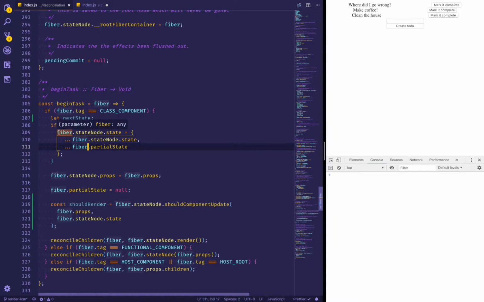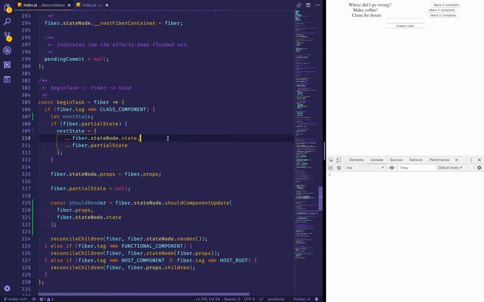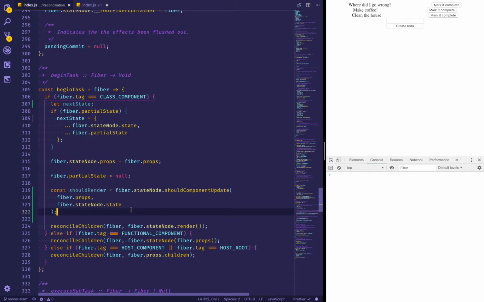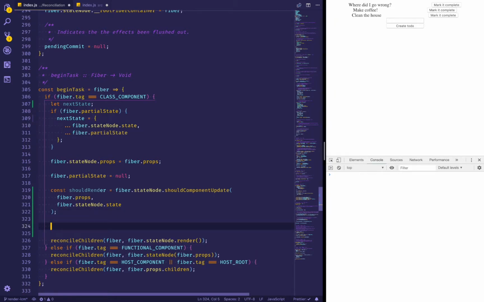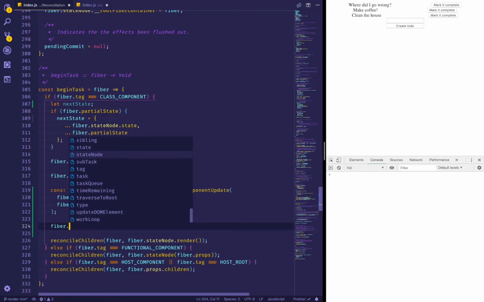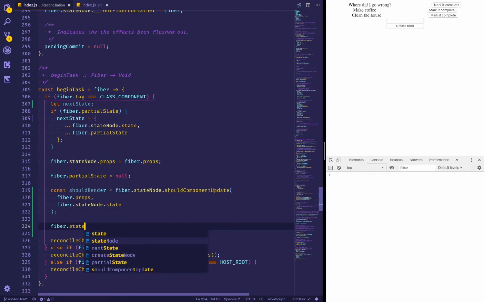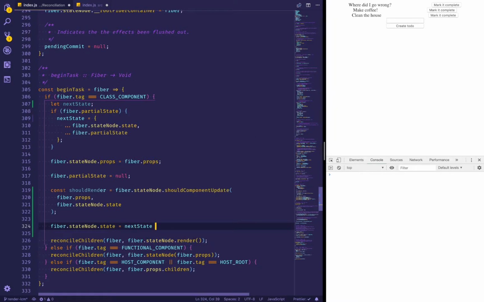But we need to modify this so it's just going to be nextState, and the point where we're assigning to fiber.stateNode.state is either going to be nextState or fiber.state. There are more elegant ways to do it, and we will be doing it later,